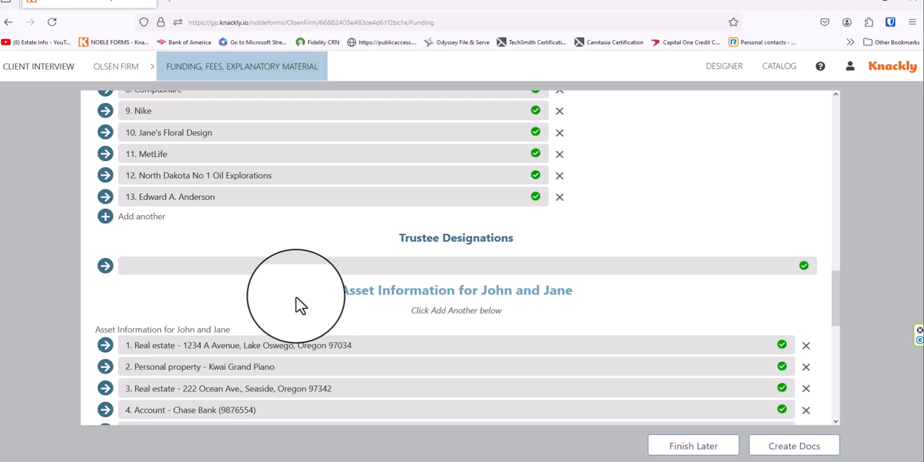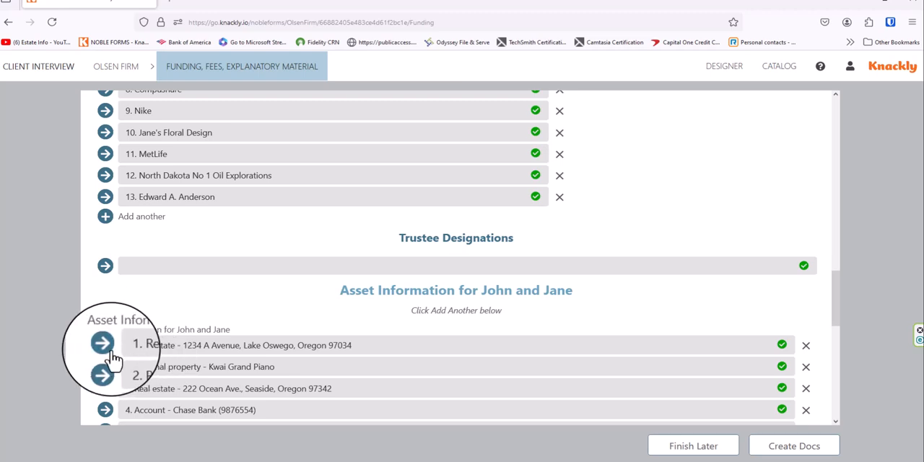Now, asset information is pretty much filled out at this point, although you're going to have to go through each one and make sure you've answered the questions. If you don't answer a question, the document that's produced is going to have information missing, and you'll have to go back and run it again. So let's just go down the list, and we'll start at the